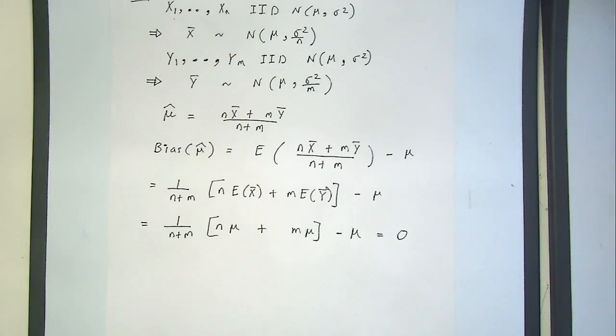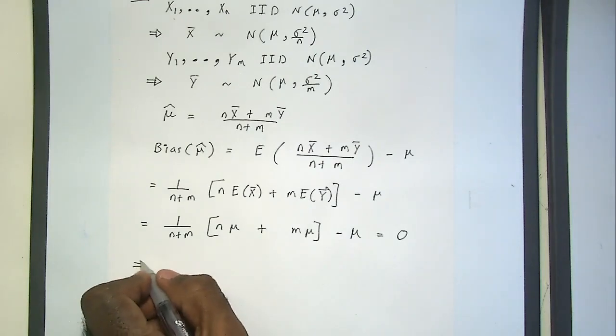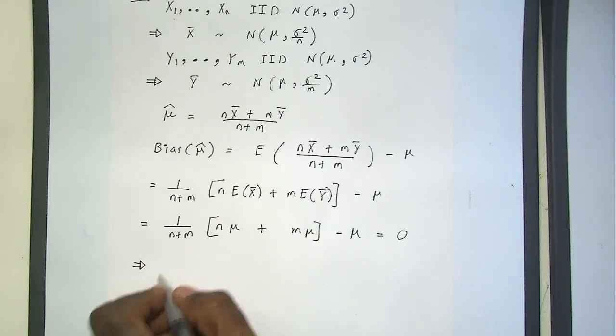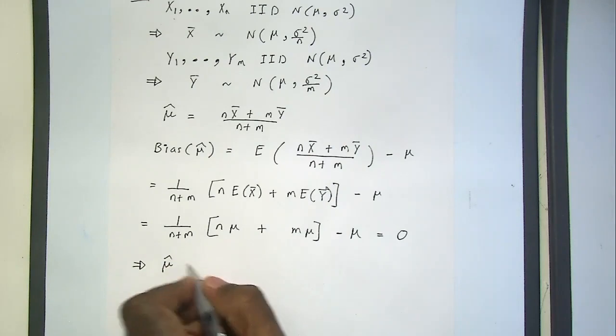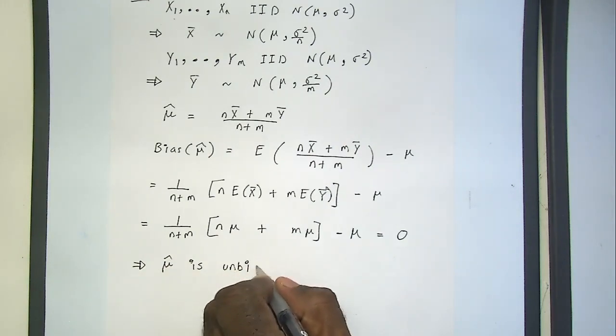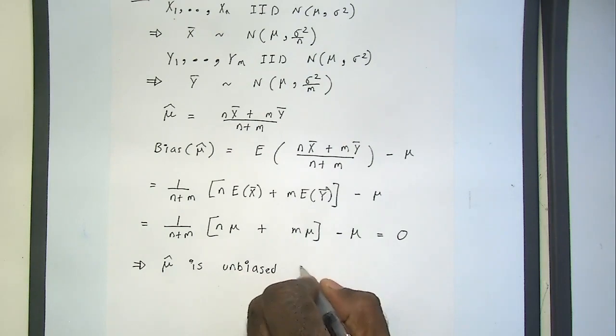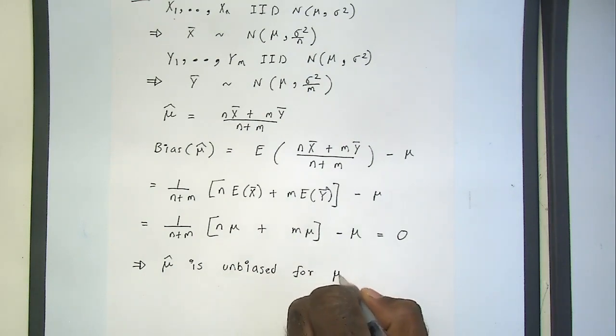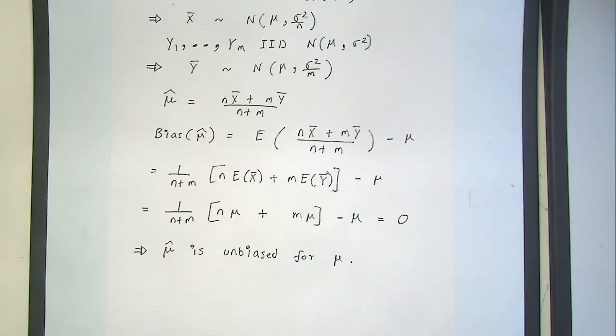So what we have shown is that mu hat is unbiased for mu. Right, that's the first part. The second part is to show that